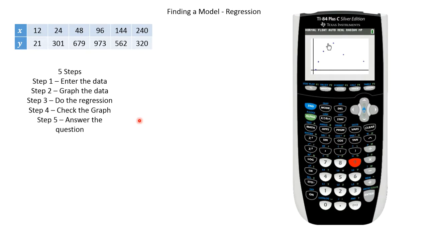And there's our data. It's kind of crazy. It looks almost quadratic, but then there's a tail there. So maybe it's cubic. So let's try a cubic regression first. So back into stat, go over to calc, and then go down to cubic regression, number 6. And everything gets entered in here exactly the same as it always had. List 1, list 2, store regression equation, you can go y1, alpha trace, there's y1, calculate,